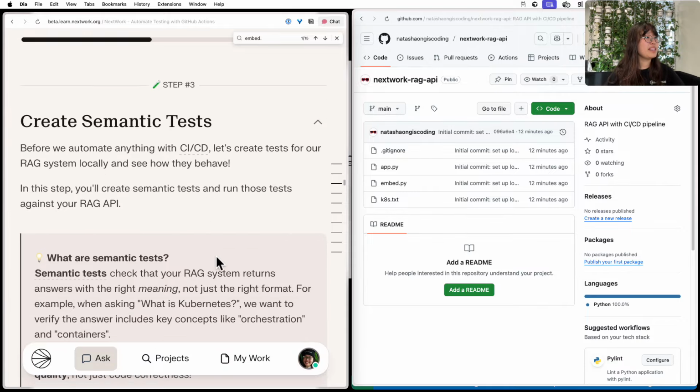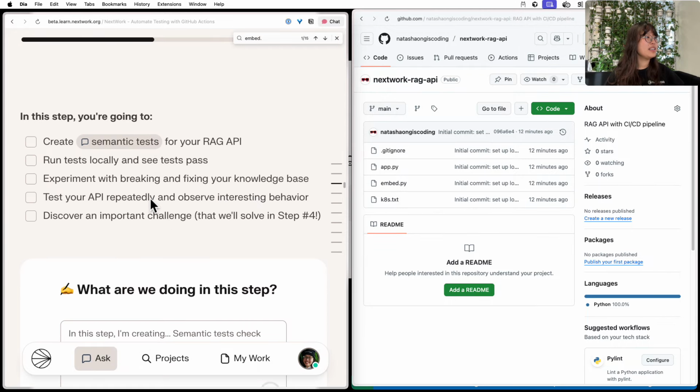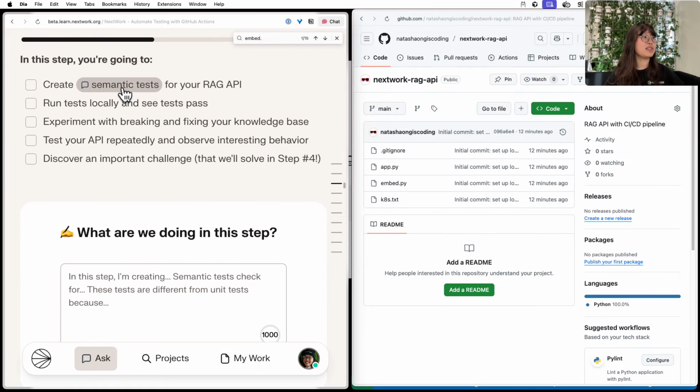Great. So in step 3, we're going to start to create tests for our RAG system and see how it performs locally. Semantic tests basically test for the meanings of the output that your RAG API gives us. Is it actually producing answers that cover all of the meanings that we wanted to cover? In our case, we're going to see that if we want to create a semantic test for this RAG API